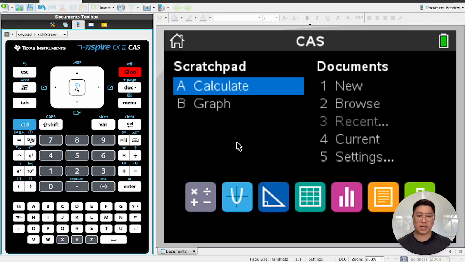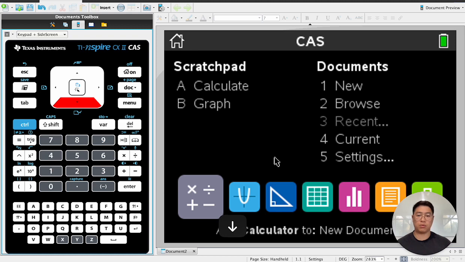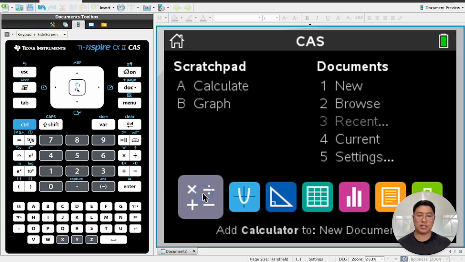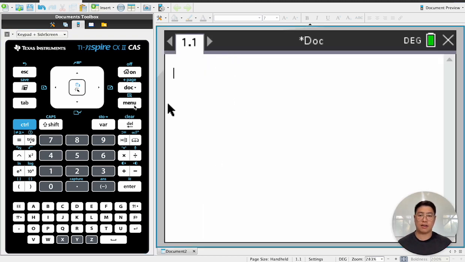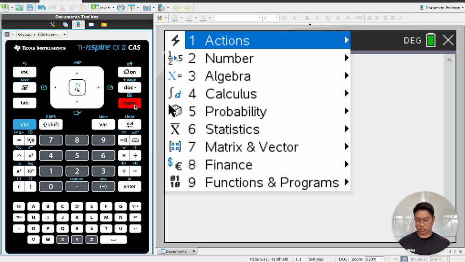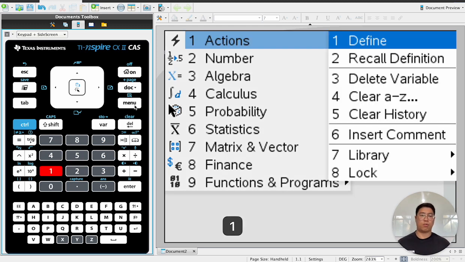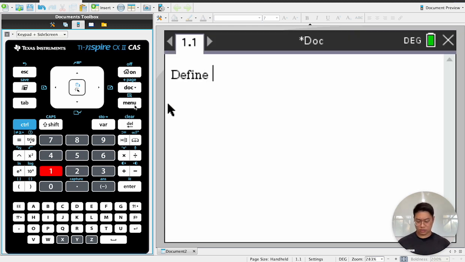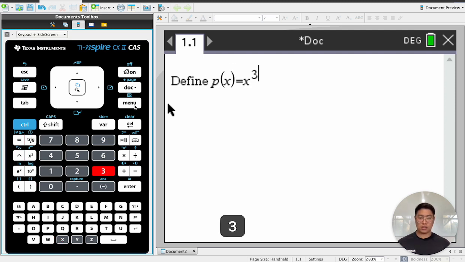Don't use the scratch pad unless you are in a particular situation, but what we want to focus on is using the calculator here. So if we open up a page, our first step is to define the function. So we go to menu, 1 actions, and 1 define. There are other ways to define a function, however, this is the way that I prefer. Between the a and the x, make sure that you put the times symbol in,